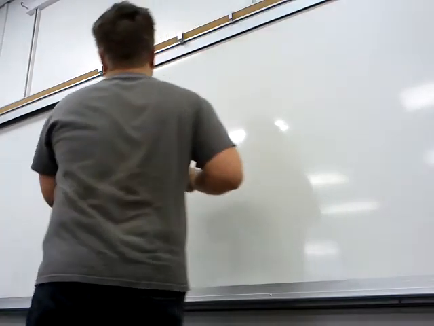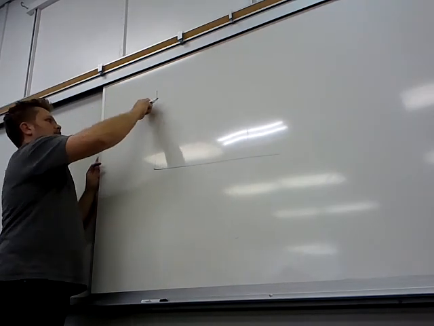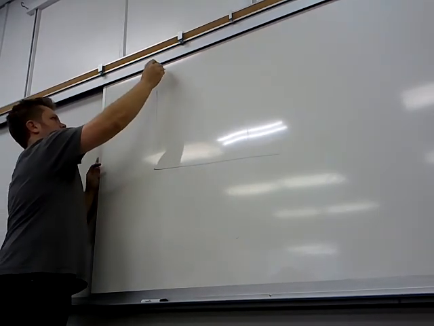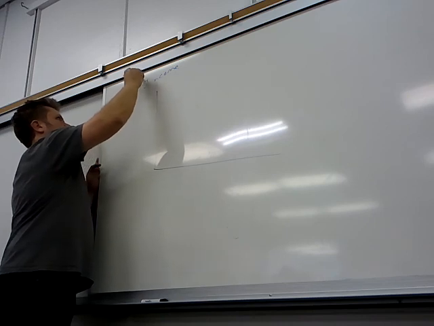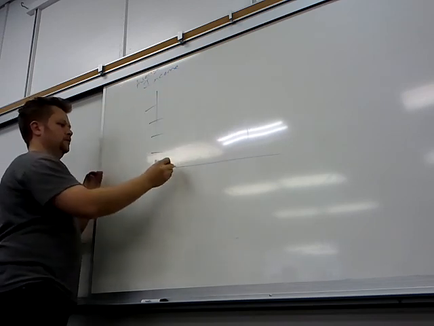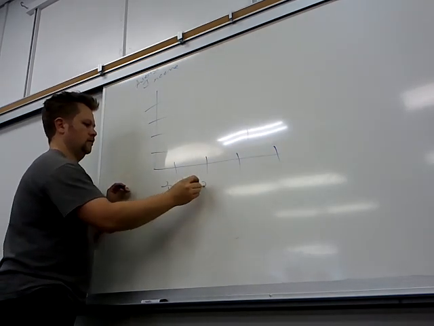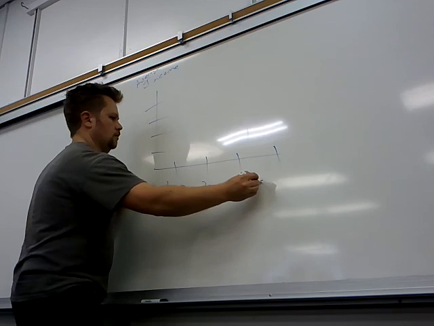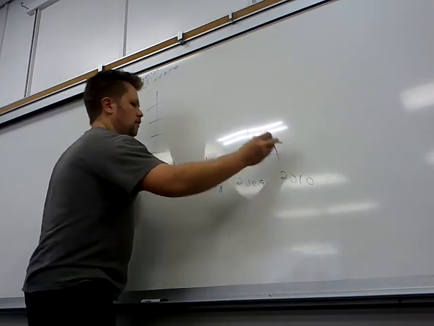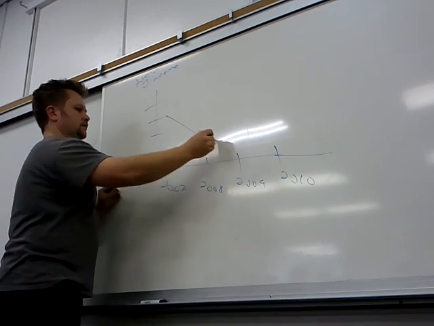But if I had a graph, just to show you an example, average income. I'm going to put something there. So if I had a graph like this,